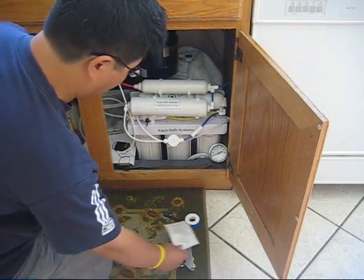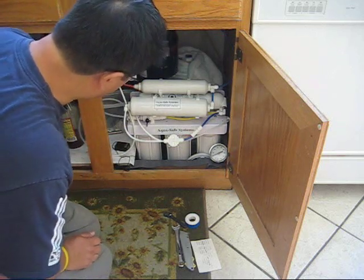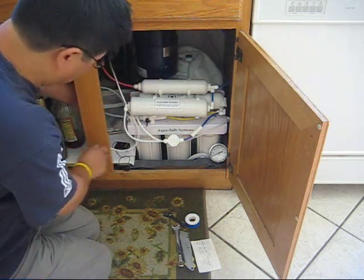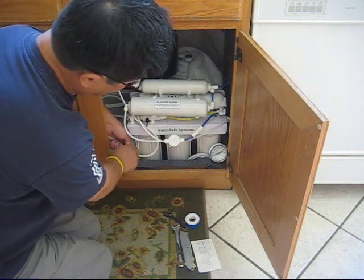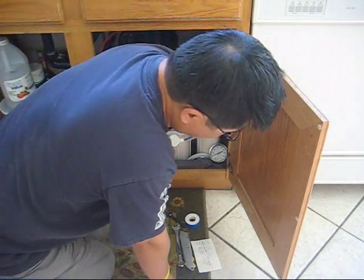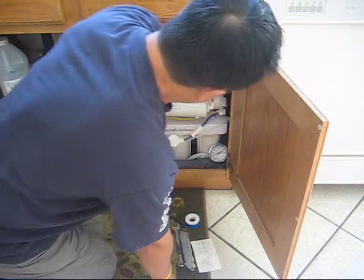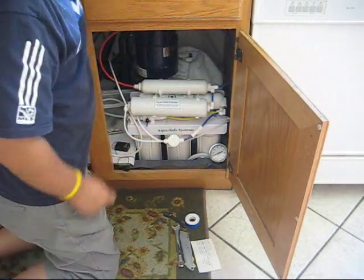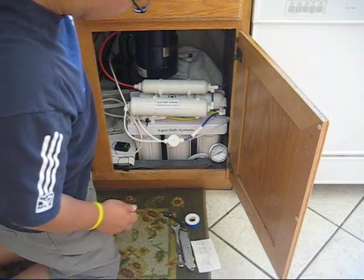All right, the first thing you do is shut off the water supply. Just this little valve here, shut it off. And shut the storage tank valve. And well, before we do that, let's take a baseline